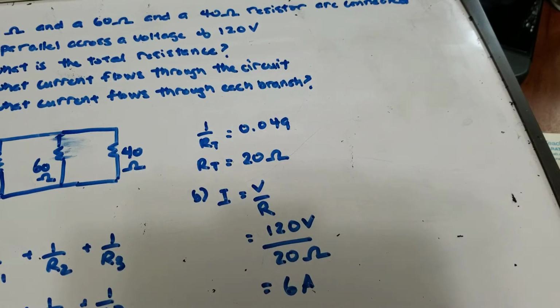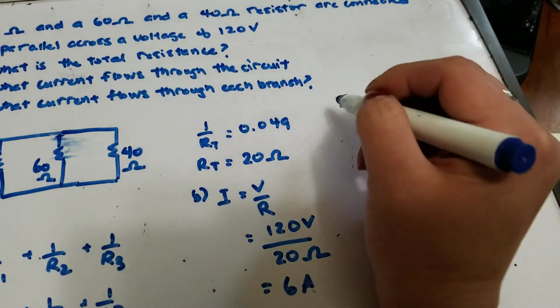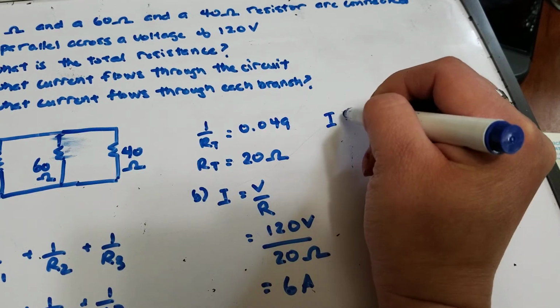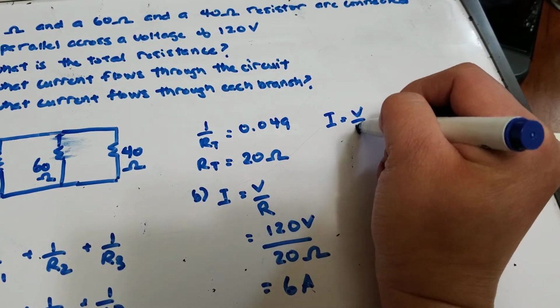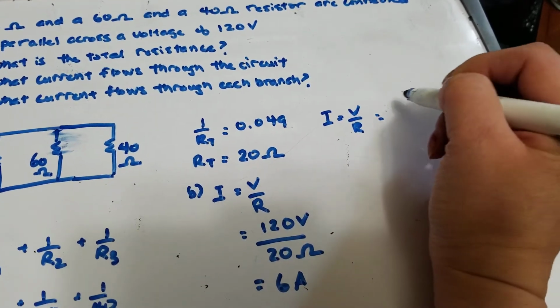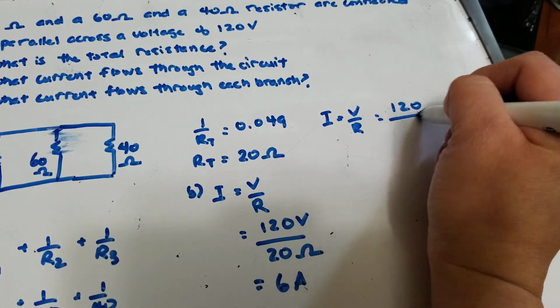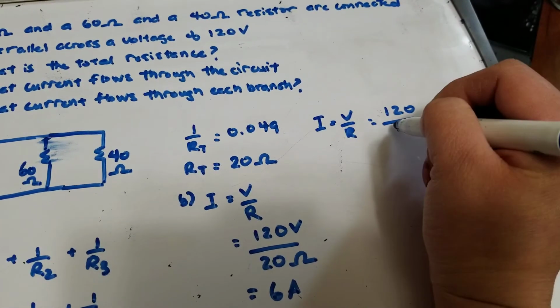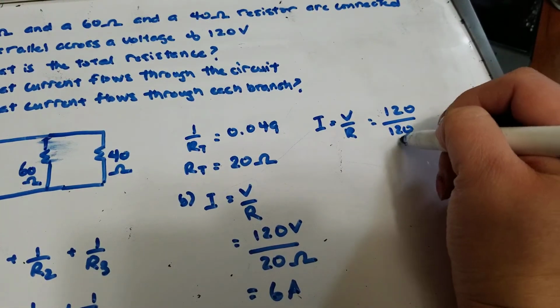It says, what current flows through each branch? So this needs a little bit more calculations, 3 calculations, because you have 3 branches in the question. So for the first one, current is equal to V over R. So this is a voltage of 120 divided by a resistance of the first resistance, 120, which is equal to